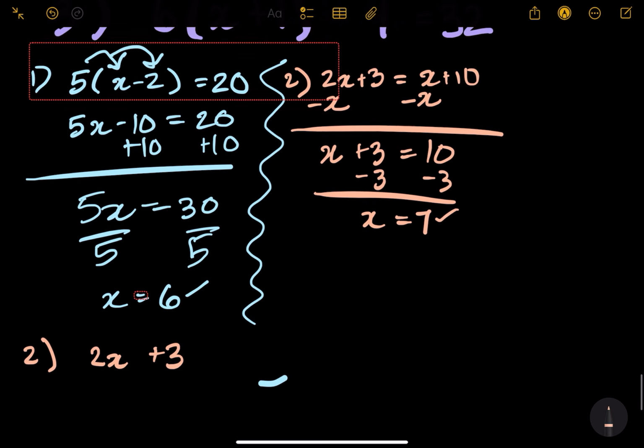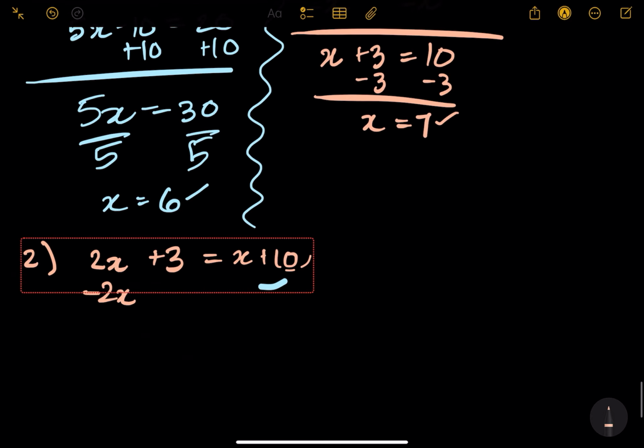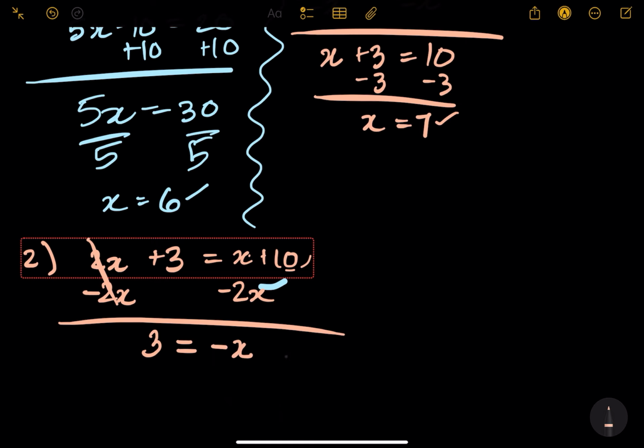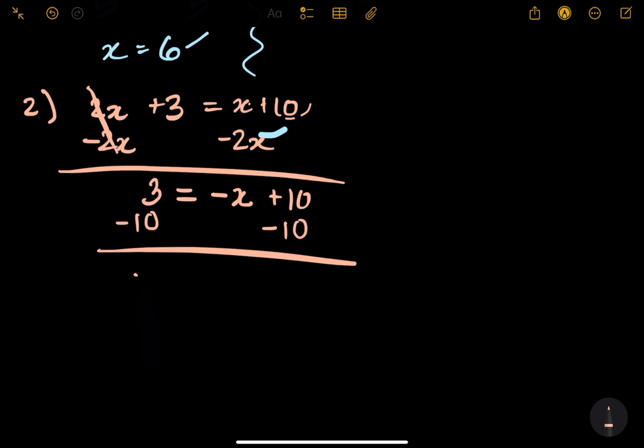If you were to do it the other way, I'll show you. 2x plus 3 is equal to x plus 10. If you were to bring the variables to the right and the numbers to the left, I'll show you. So you can subtract both sides by 2x. So here it goes away. So then we have 3 is equal to x minus 2x, which is negative x, plus 10. Okay, so then subtract both sides by 10, and then you get negative 7 is equal to negative